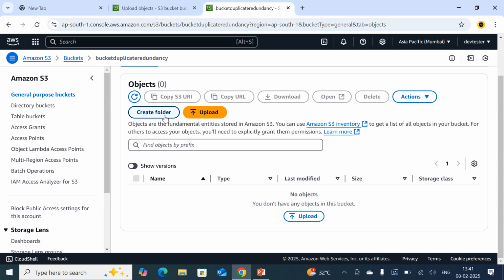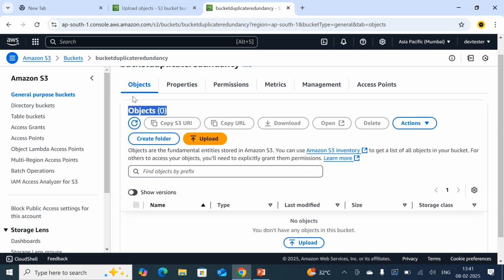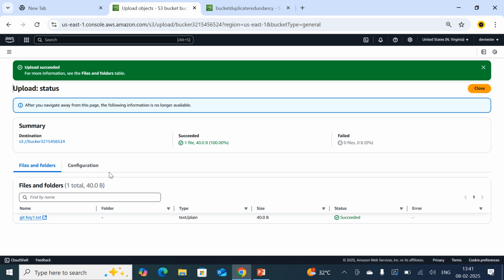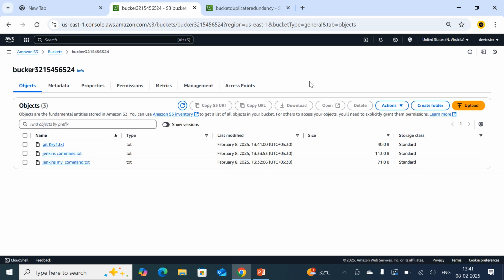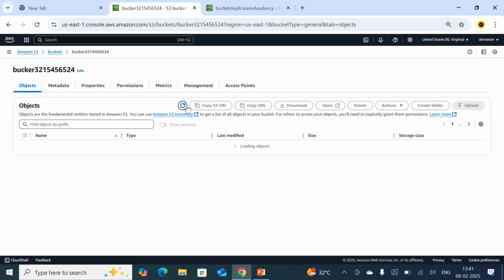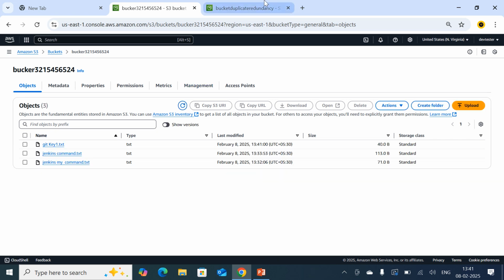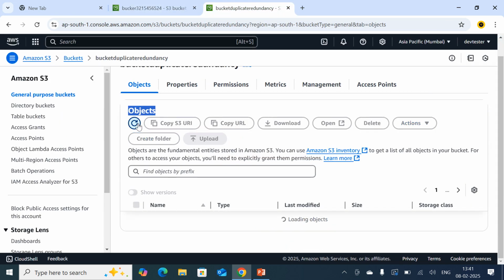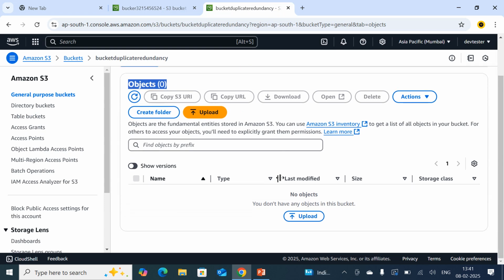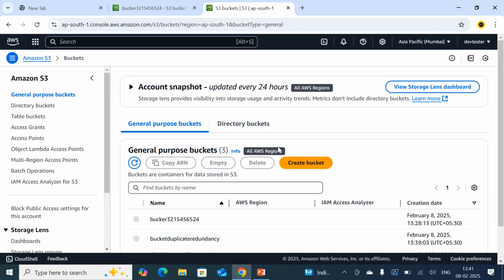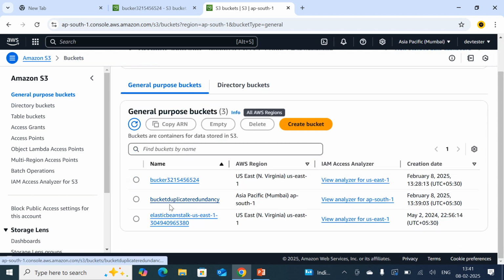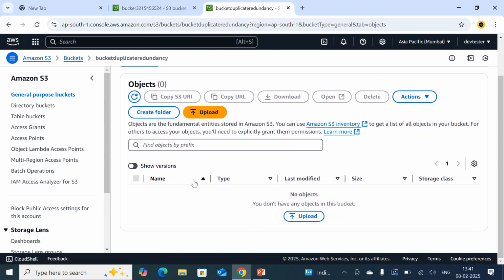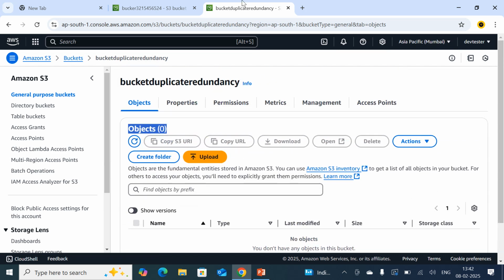Okay, just refresh here, it is going to replicate here. You just need to wait for some time, and the file has been successfully uploaded. Close. So whenever I upload this, it will take some time to get replicated here. You need to wait for some time. So once I have uploaded, it will take some time. So once it is done, both the original bucket and the redundancy bucket will have it. Yes, just a moment, wait.